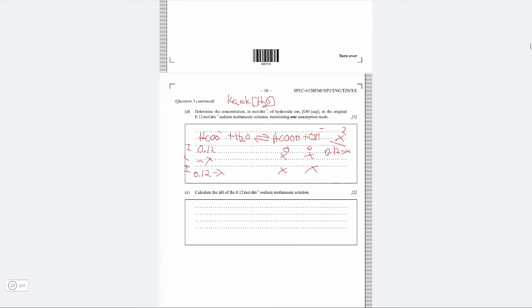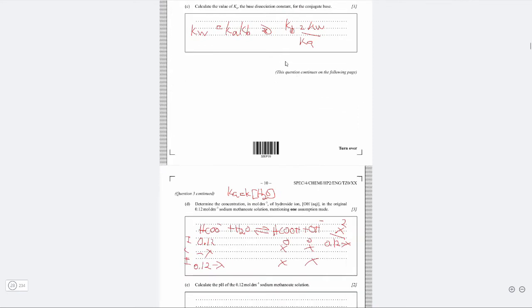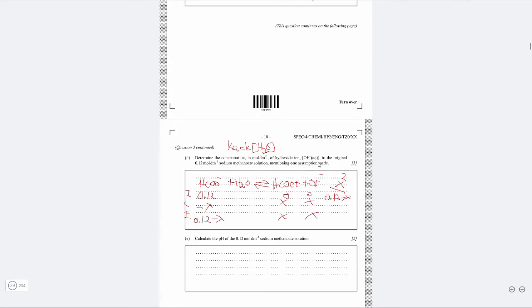And the assumption now is that from the K we found, it's quite small, so we can just assume that x is a lot smaller than 0.12, so then we ignore the x, and we get x squared over 0.12 equals Kb, of course, and then you just solve for x to get the concentration of